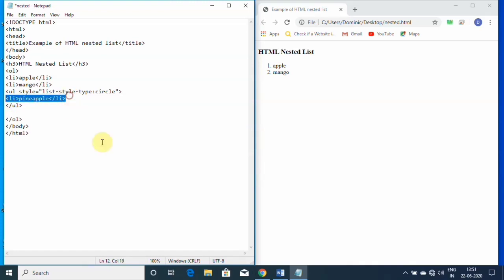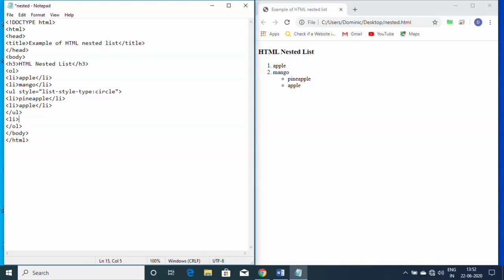So copy this and create one more. Okay, so now two fruit names are given. Then close the UL tag. Now save this and refresh your browser. You will get output like this, pineapple, apple. Okay, suppose you want to create one more list item by using the li tag. You can create it this way.